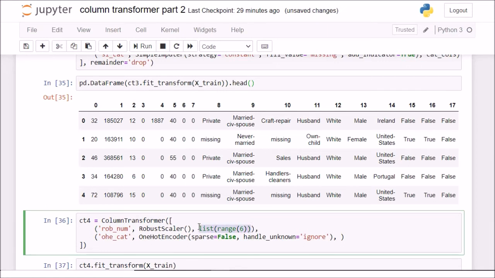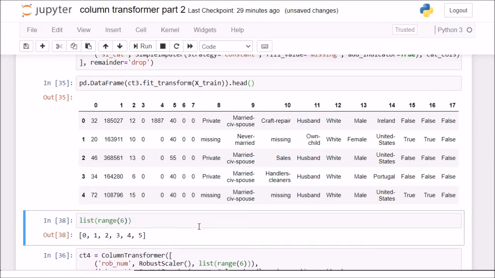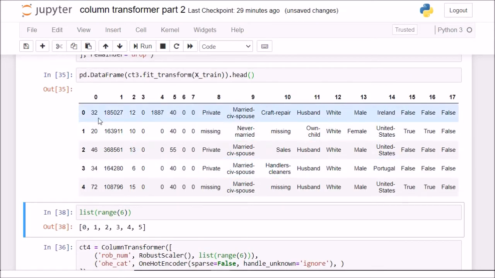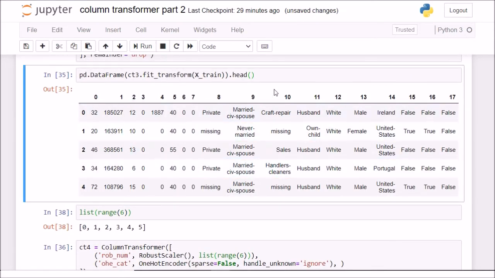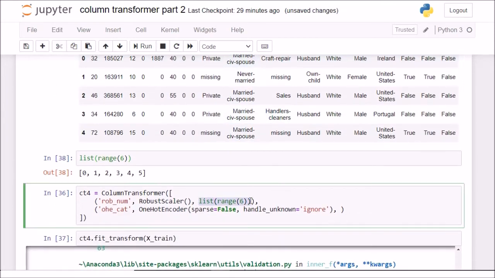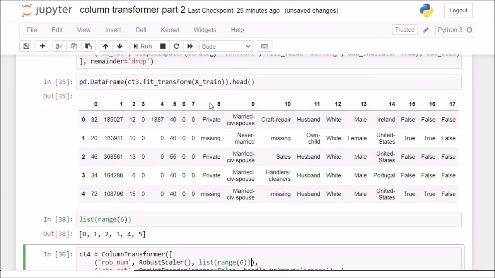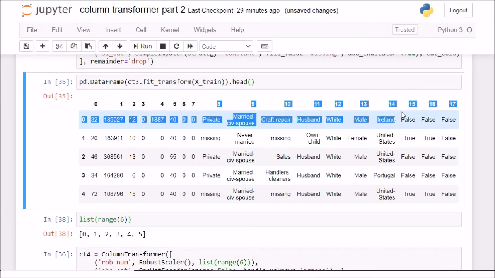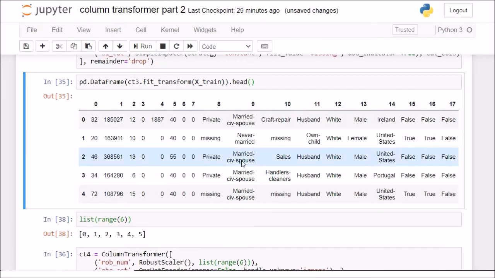If I check what this list of range of 6 is doing, this is going from 0 until 5, because scikit-learn has removed all the column names, and hence we now have to work with these integers. So I now have to do robust scaling on these numbers, and my one hot encoder on 8, 9, 10, 11, 12, 13, 14, 15, 16, 17. So on all these columns I need to do one hot encoding.